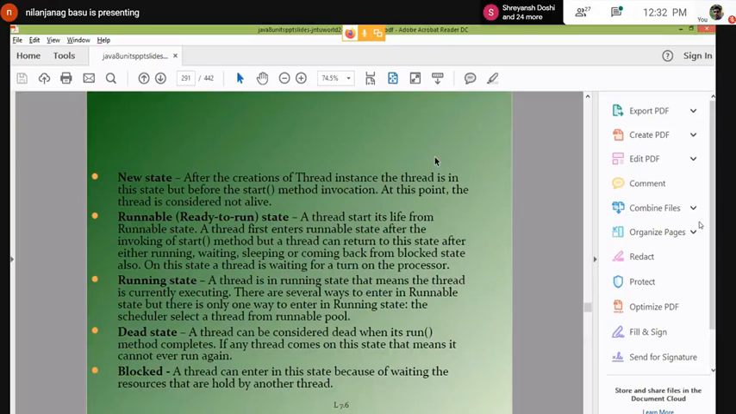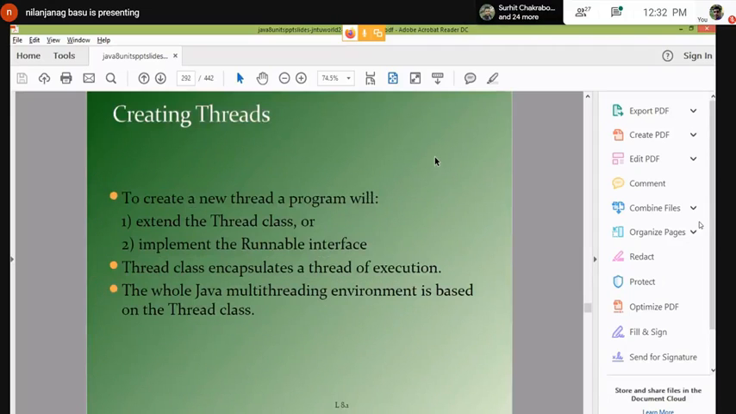Ma'am, you always say the active state is the running state? Right, the active state is the running state. When a thread is in the running state, it will do whatever you have written in the public void run method. Now, to create a new thread, you can extend either the thread class,